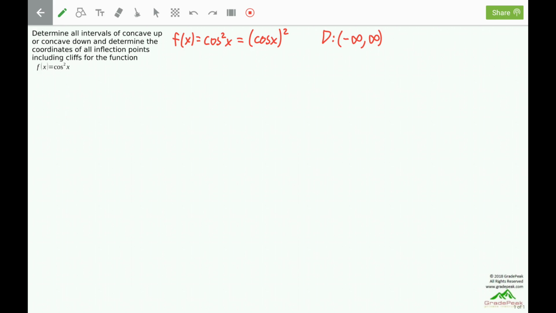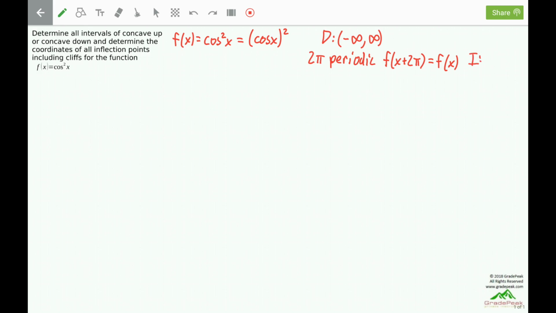Trig functions have a tendency to have an infinite number of inflection points, if they have any at all, as well as an infinite number of intervals of concave up and concave down. But nicely, cosine x is 2 pi periodic, which means that it repeats itself every 2 pi radians. Another way to write this is f of x plus 2 pi equals f of x. So instead of working on the entire domain, which can be a little overwhelming, we can instead